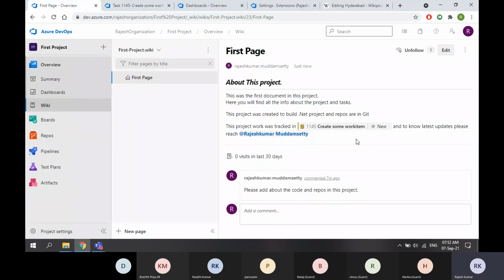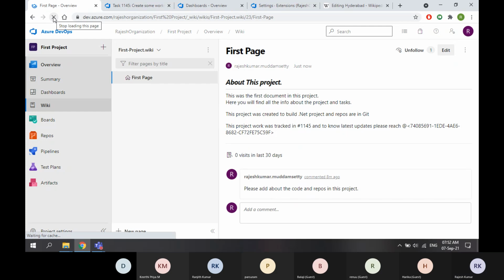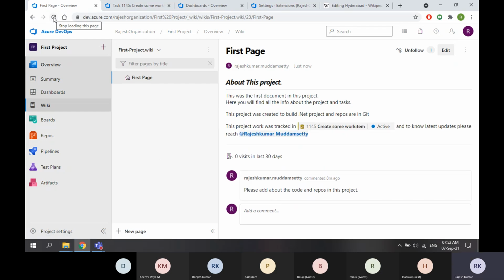Okay, now if I refresh this page, yeah, see here. So it's automatically updated with the latest status.